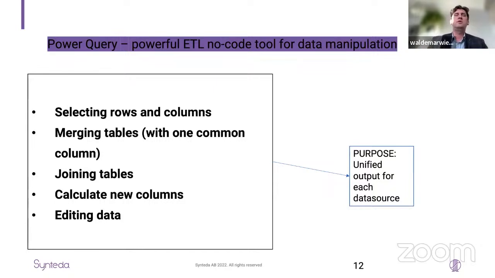Then of course you can calculate new columns. If for some reason some data is missing, you can produce it by calculating the data. And of course you can edit it if you want to replace some data. Of course, there is an issue if you combine data from many sources: you experience problems like data format. Sometimes you need to exchange the form of strings and so on and so on.